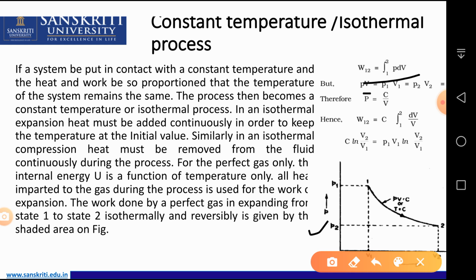So W1 equal to, put the value of PV from this equation. Okay, in this equation put this value of P, and so this results in the form: integrate dV by V, so C ln V2 over V1, and C equal to P1 V1 equal to P2 V2. So आप चाहे तो P1 V1 रख सकते हैं या P2 V2 रख सकते हैं, वो आपकी इच्छा है, as your desired, what you put as the value of the constant.